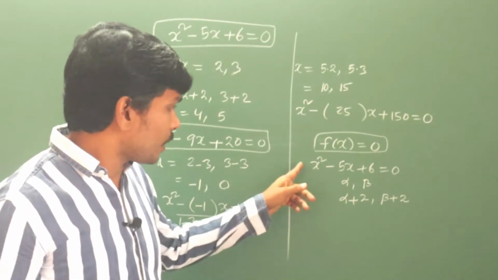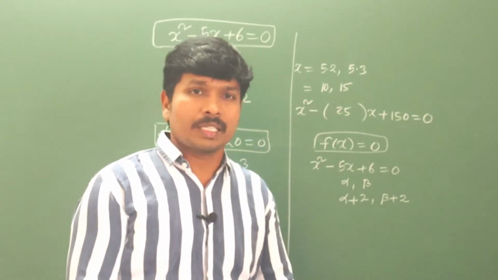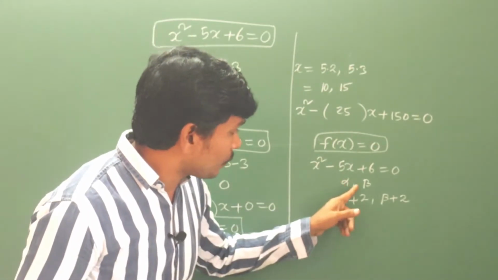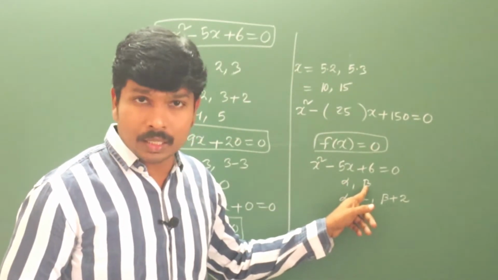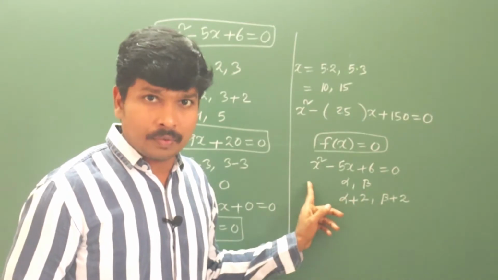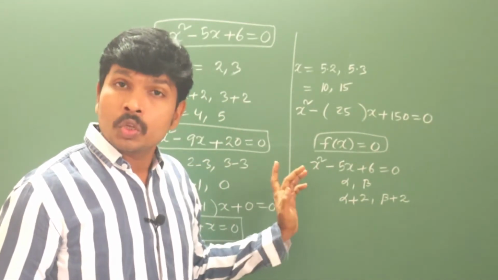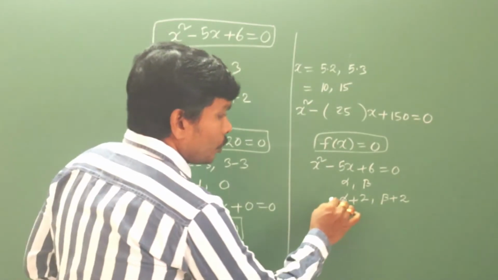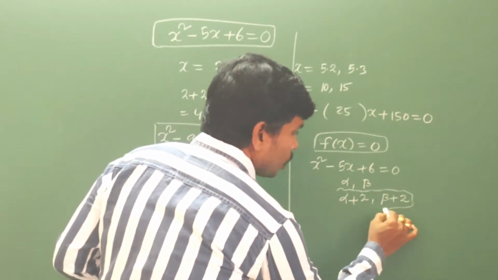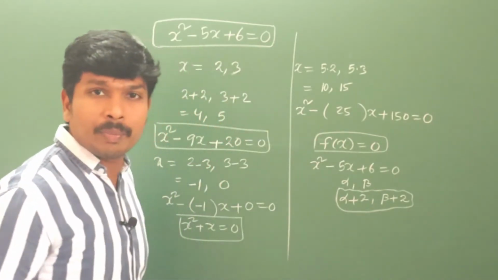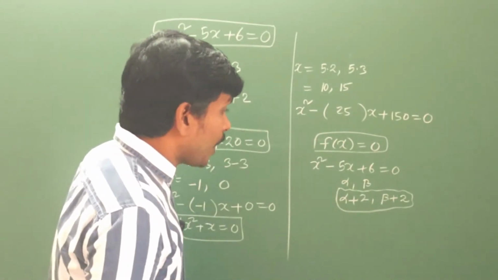Those x values, what happens to them? They satisfy this equation. What are they? x equal to alpha, x equal to beta, these are the roots only, no? If we know the value x equal to alpha, can we substitute it in this? So what we have to do is, you have to get an equation whose roots are alpha plus 2 comma beta plus 2, no? So then what we have to do?